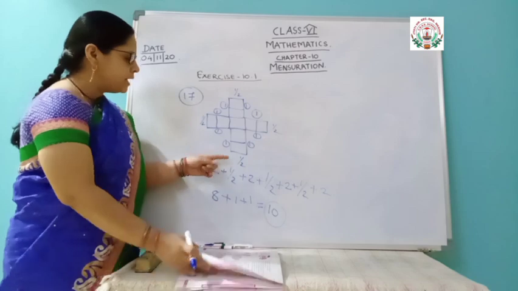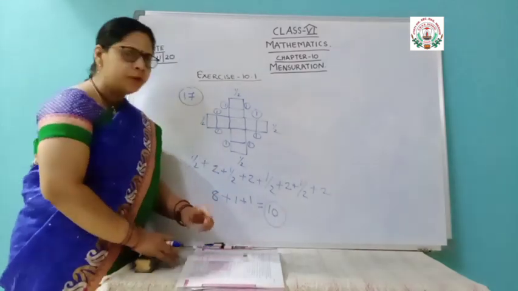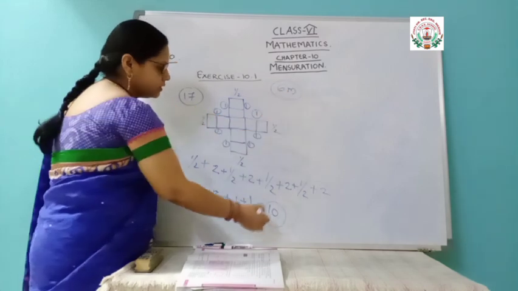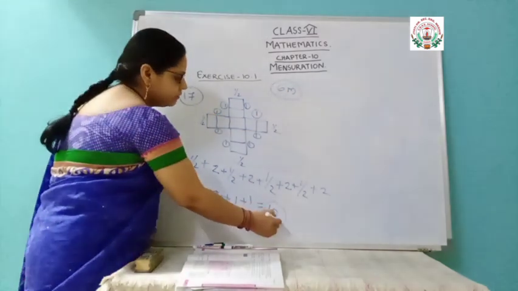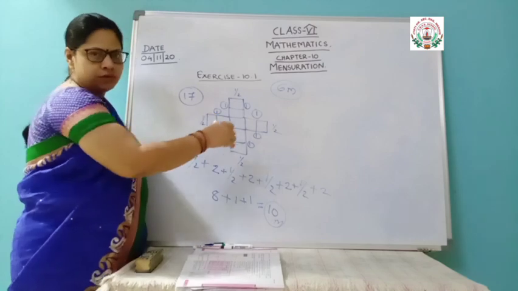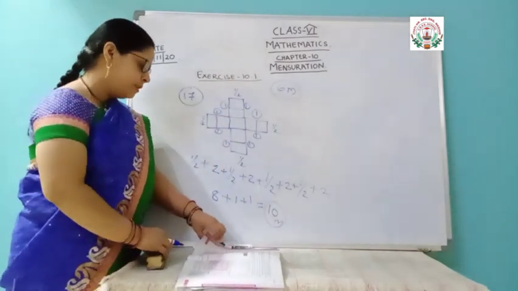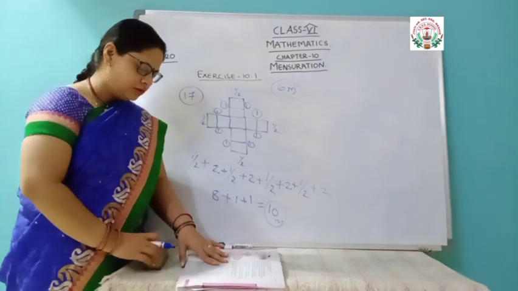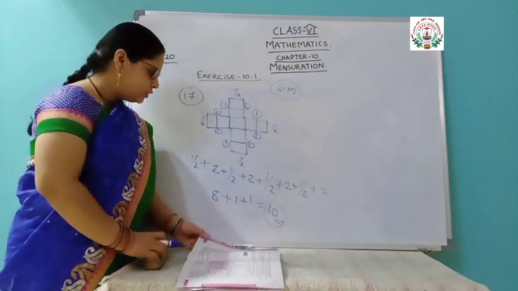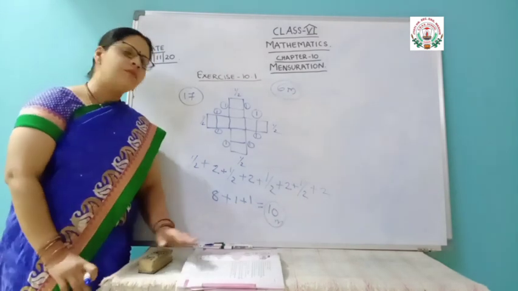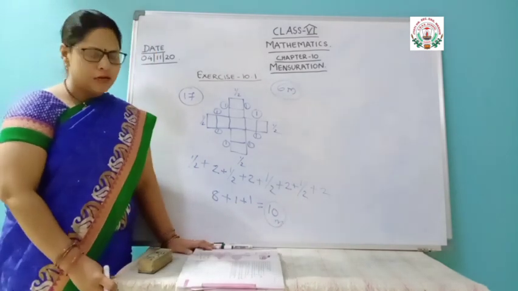So next part it is asked which is having greater perimeter. So first answer you got 6 meter and second answer you got 10 meter. So which is having greater perimeter? This arrangement, meaning the cross arrangement, is having more perimeter. This kind of question comes in exam. Then the next part is not so important, so you just leave that. So in this way we have completed our exercise 10.1.